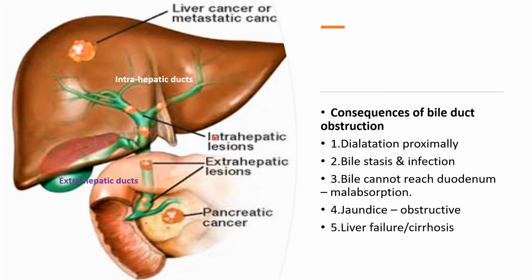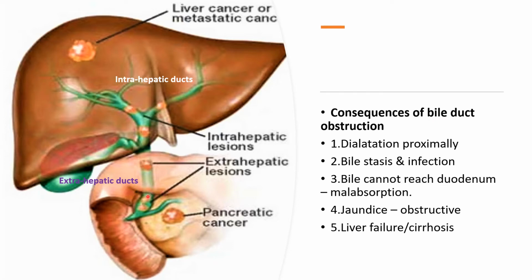Before we proceed, a short refresher on the anatomy of the biliary system. This is the liver, these are the intrahepatic ducts. The right and left hepatic ducts join to form the extrahepatic ducts, the common bile duct, which enters into the second part of the duodenum. Imagine what happens when there's an obstruction in this part of the duct or anywhere along the duct. The consequences of duct obstruction: